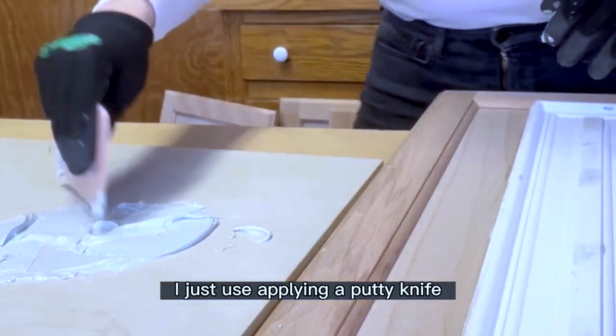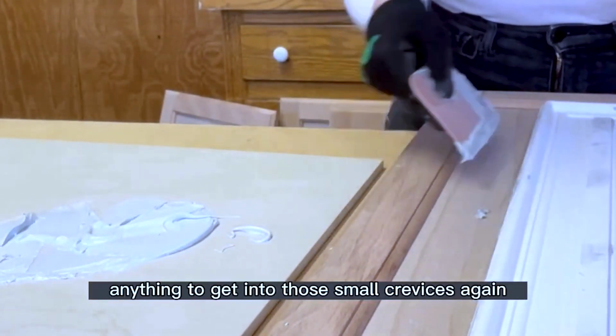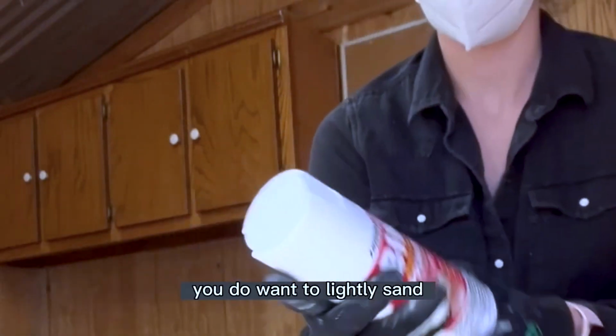So again, I just use a putty knife. You could use your finger, anything to get into those small crevices. Again, my Bondo skills are a work in progress. You do want to lightly sand when you're...